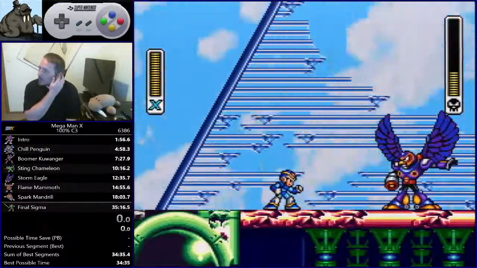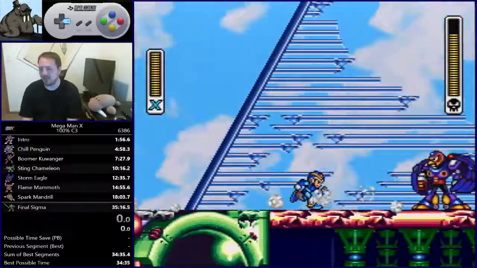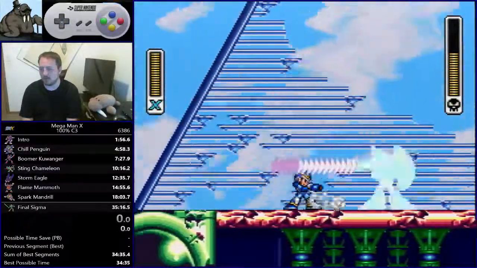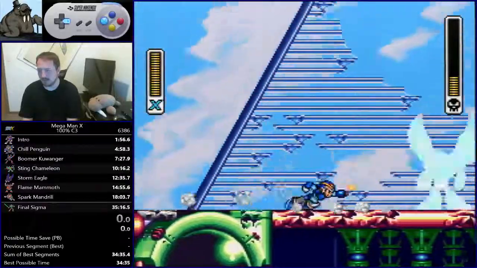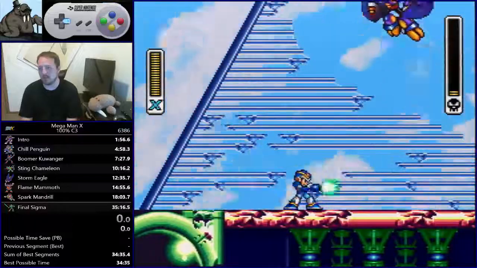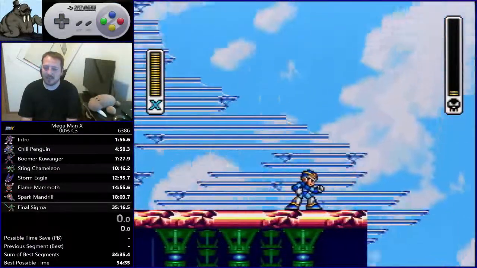Another thing you want to watch out for when you're fighting Eagle is once he starts diving, you don't want to be near the edge. Because... Did I really just get another literal God Eagle? Okay. You don't want to be near the edge like this, because if he comes down on the right side